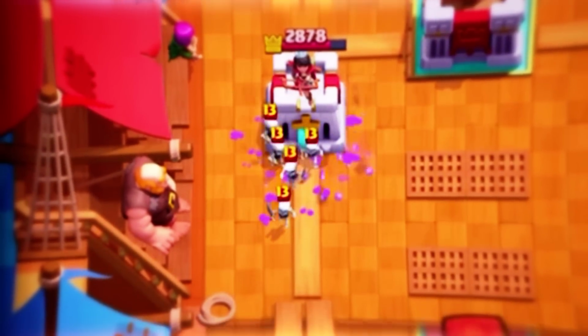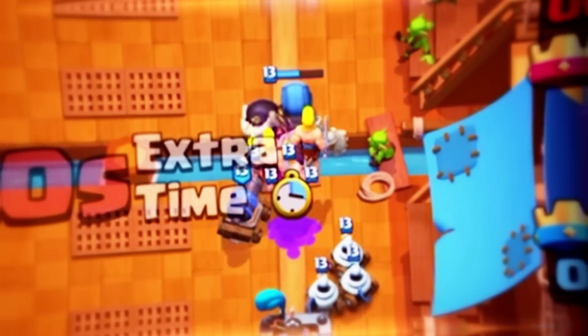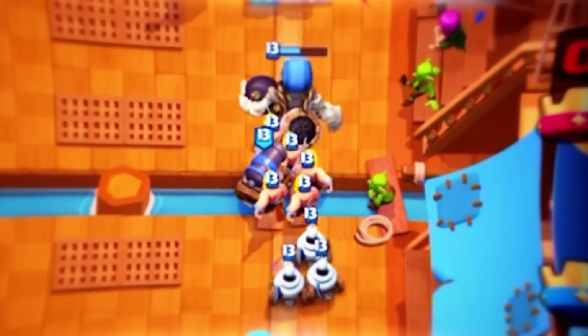Skarmy comes down from the opponent, but hey, Skarmy is not a good response to a skeleton barrel, and you guys can see the results right there, right? Essentially trading 3 elixir. They go with the arrows. Clone time, and that's gonna be...